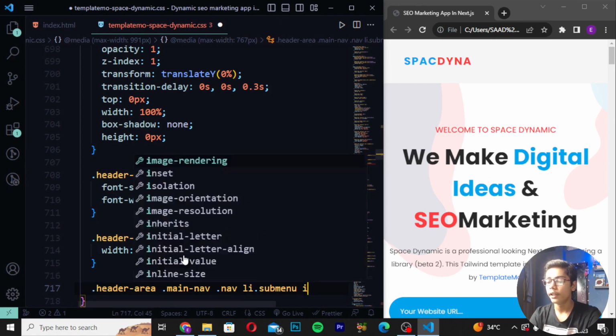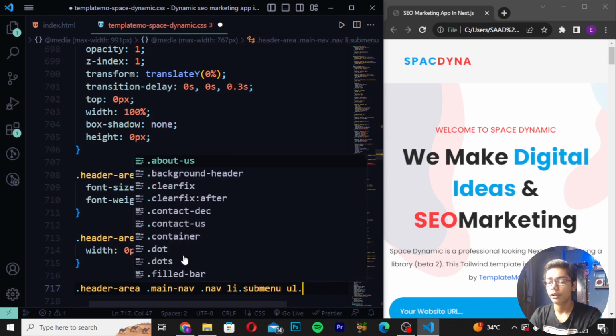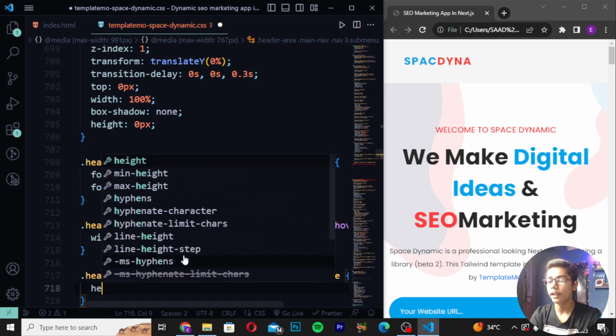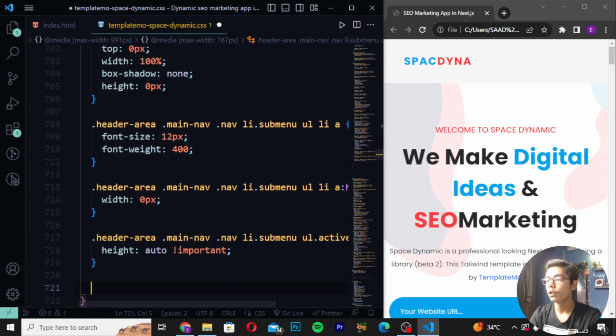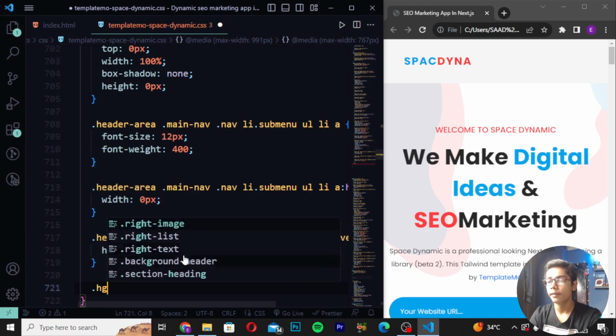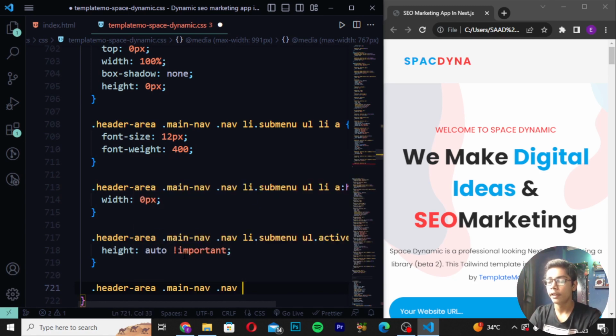Then you have to now write here UL, and this time I will be writing UL dot active here. So here you have to write UL dot active and create height as auto, and I will be now writing here important. Then you have to now just move down and create here header, and in header area I will be now just writing main nav again, write here nav li and write here submenu, and this time I will